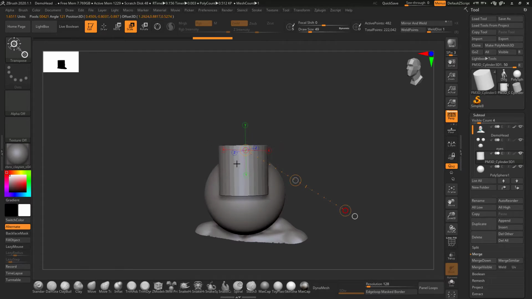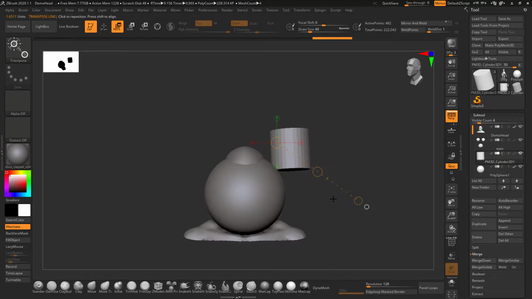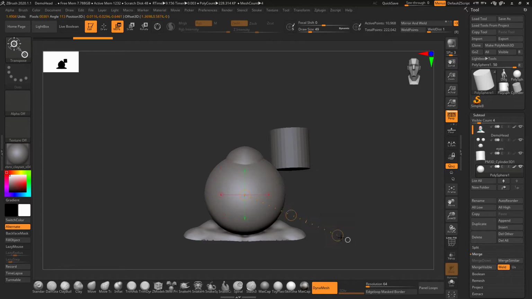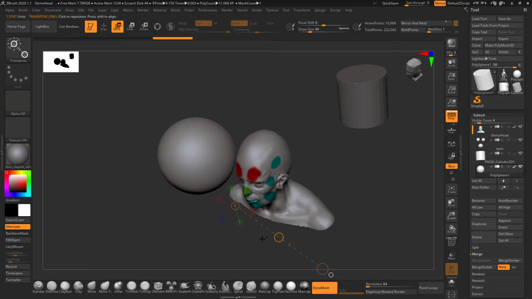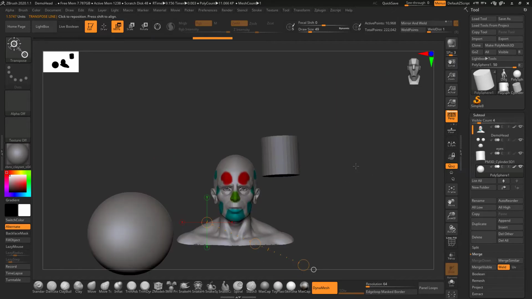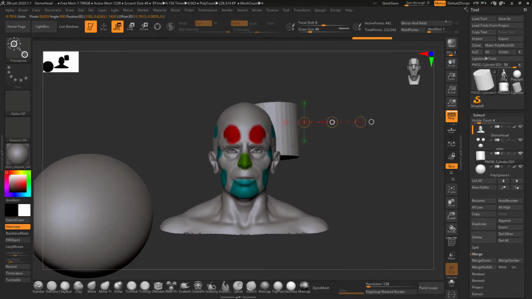I'm rescaling it and moving it further back, then selecting another one and moving it just behind the model.